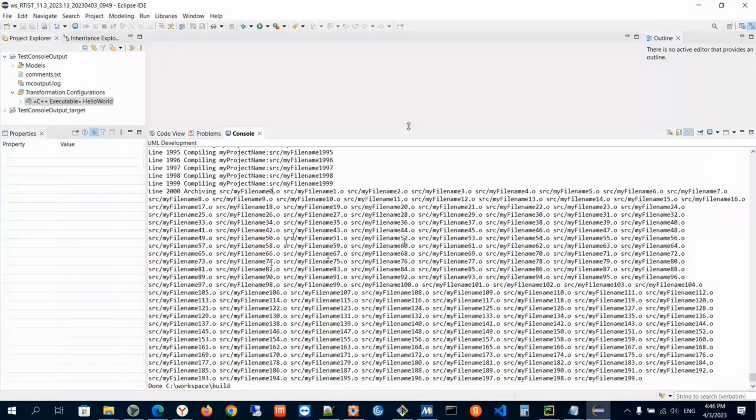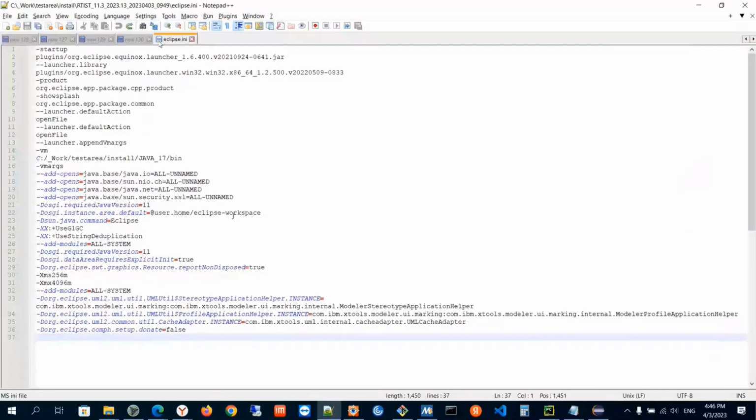Now by default we do not split such long lines into shorter lines by inserting a new line character. But still the preference is available, and if for some reason you want that functionality to be on, then it is possible to change in Eclipse INI to add this preference. So it is called like this,